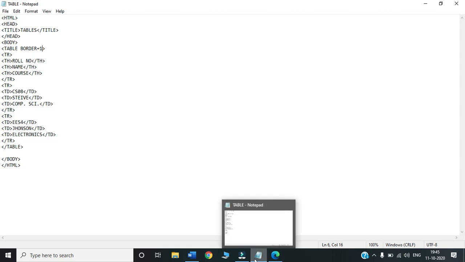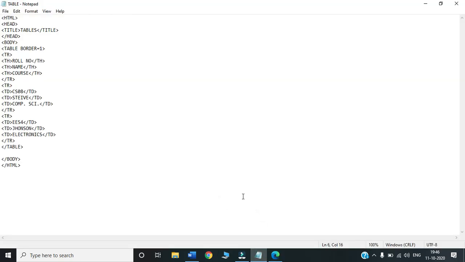I think for this, the value was set to 0. If the value of border is equal to 0, there will be no margins displayed for the table. Now I have set it to 1. I've clicked on save. I'll open this, refresh, and see, we have the border of the table. So this is how you create a table in HTML without using CSS. If I go on adding the number of TR and TDs, the number of rows will be displayed.